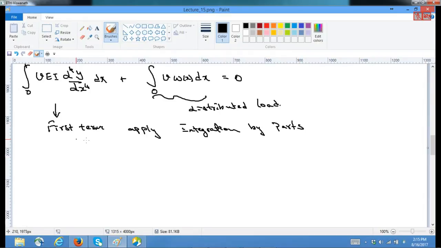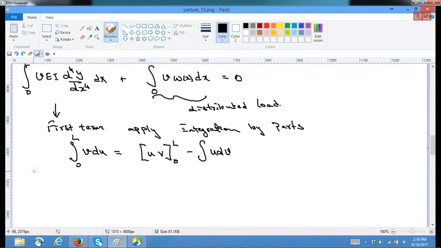The integration by parts can be taken as integral of v du is equal to uv minus integral of u dv. This is the integration by parts. By applying this, here this is v, I consider this one as du, then I can rewrite the first term as